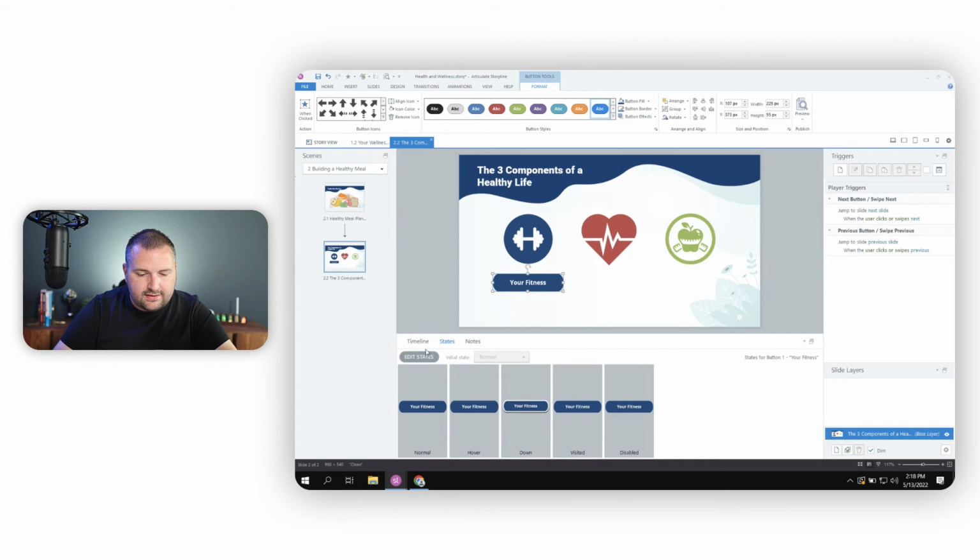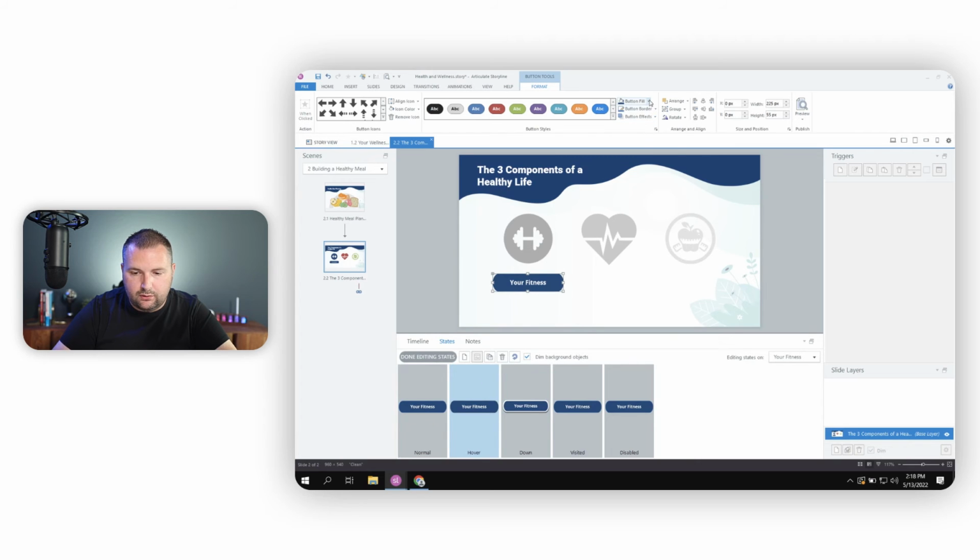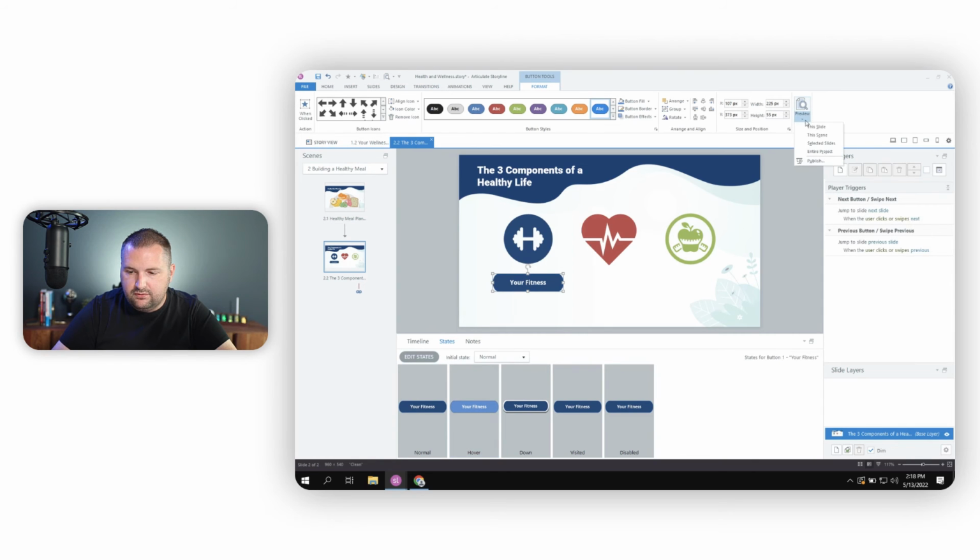So in this example, let's say I wanted the button to change to a different color when the learner hovers over it. It's sort of like a visual indicator that it's interactive, right? Maybe I want just a subtle shade of blue. Now I'll click Done Editing States, and if I preview the slide here,